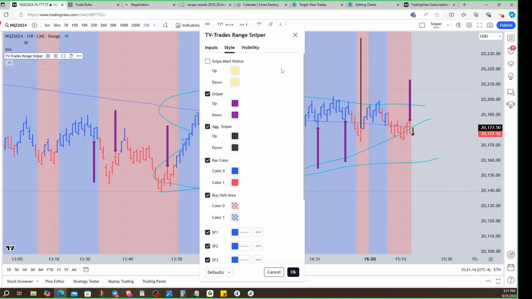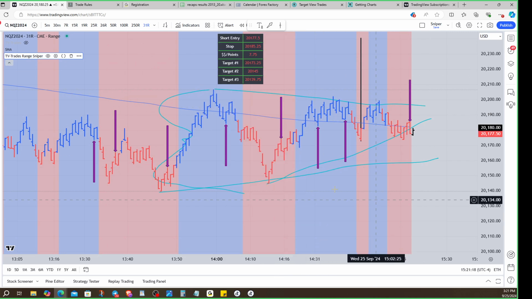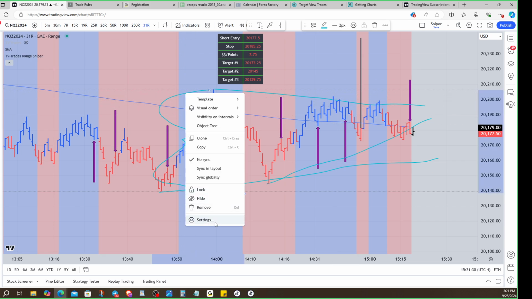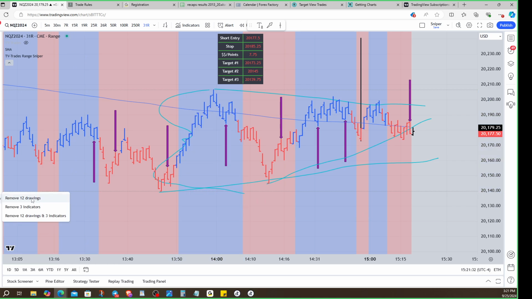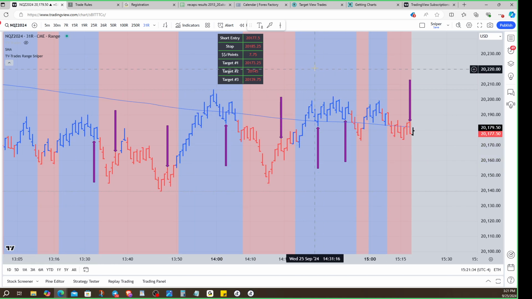But this is all things that you do in here without even putting on any indicators at all, right? Now, without having any indicators on here, let me get rid of some of this drawing stuff that I put on there. You know what, let me just remove all the drawing objects. Remove 12 drawings. There. Without having any indicators on here,